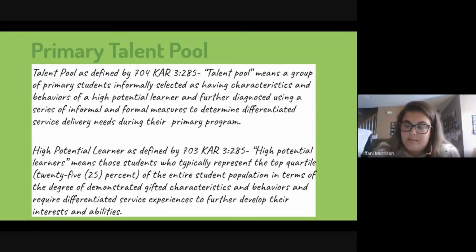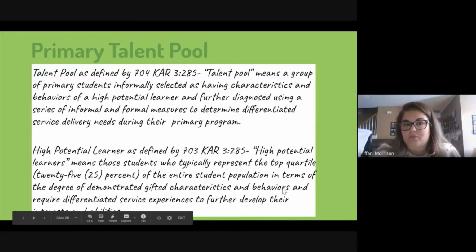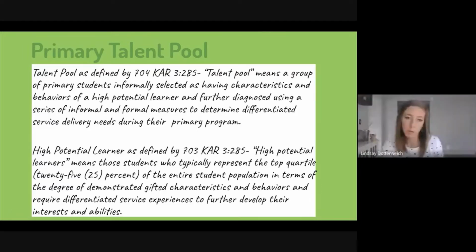And the goal with these kids, again, is to find that potential so that we can mold it and help them grow. And the good thing about primary talent pool is that because it's like an informal selection process, we're not tied to using a specific test score. So that really gives us the ability as educators to be much more inclusive with these underrepresented populations, because we aren't tied to a cutoff score or even using a test at all. So that is one positive, is identifying for primary talent pool helps those underrepresented populations get identified, and that way we can nurture their talent.